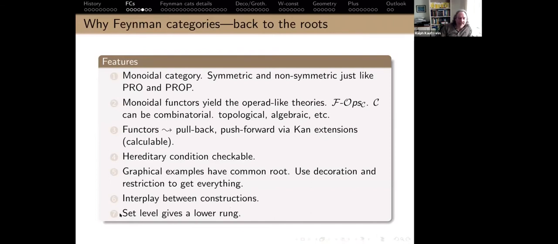And then something which is nice is, originally I was after the usual type of things, namely props, operads, wheeled operads, modular operads, you name it. But there's a set level, which is one rung down, which comes also from looking at these ladders in the plus construction. And this set level gives you access to simplicial objects, and that also played a big role in this Hopf algebra thing. So there are two parts. The first part is about simplicial things and set theoretic things in principle. And the second part is about the categorical thing.